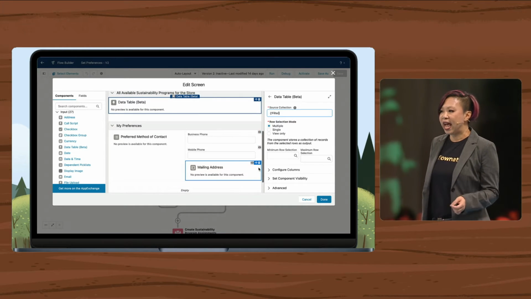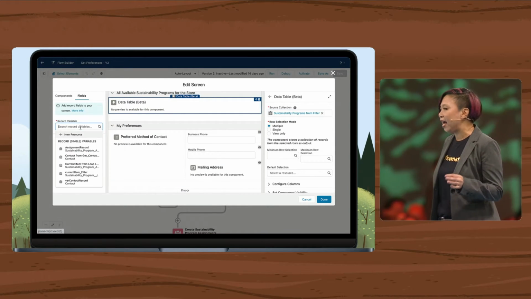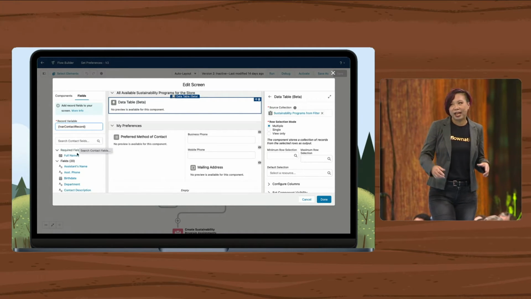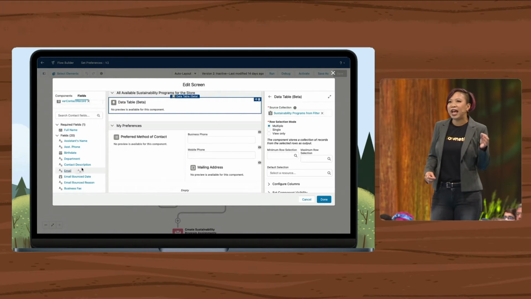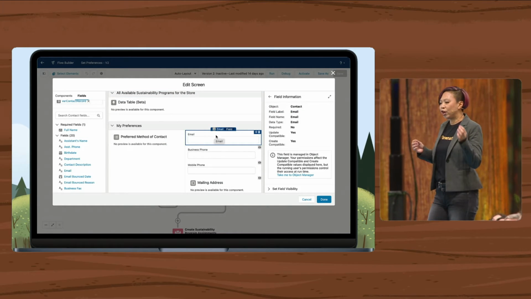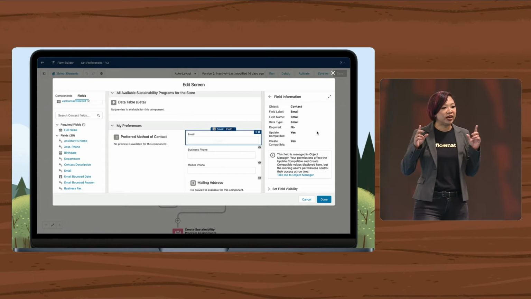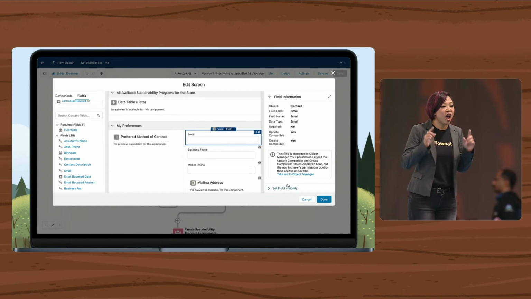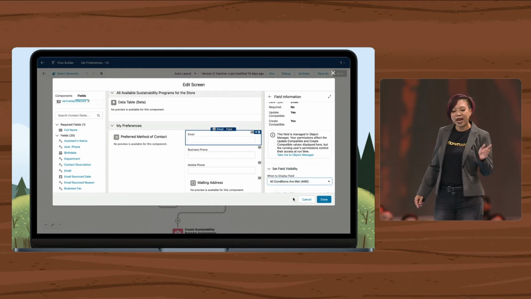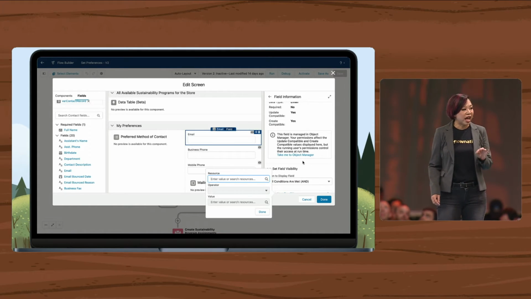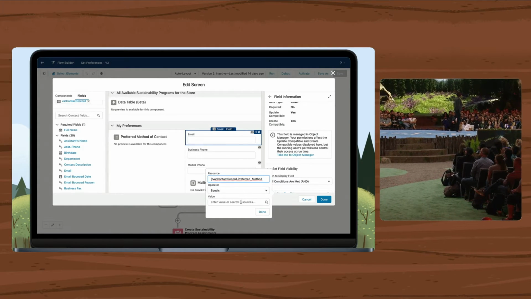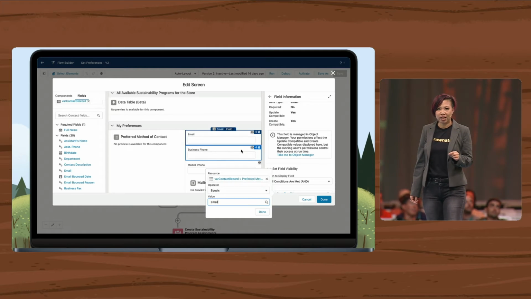Now, email was recently added as a new preferred method of contact, and so what we want to do is take the attributes of that email field from the contact object, and we're going to move that to her screen flow. And now it takes on all the attributes of that field automatically using dynamic forms for Flow. And Maria is all about showing the right data at the right time to her users. So she sets component visibility on the email field to only show when the preferred method of contact is email.